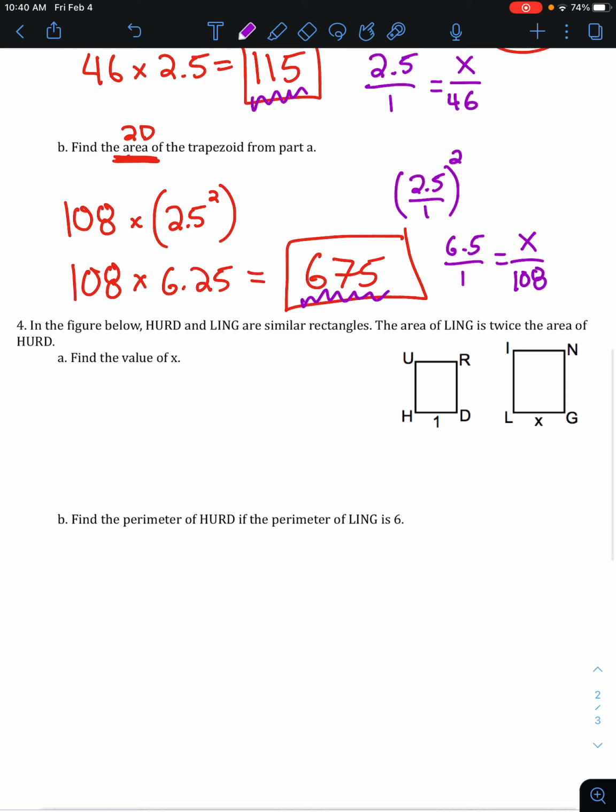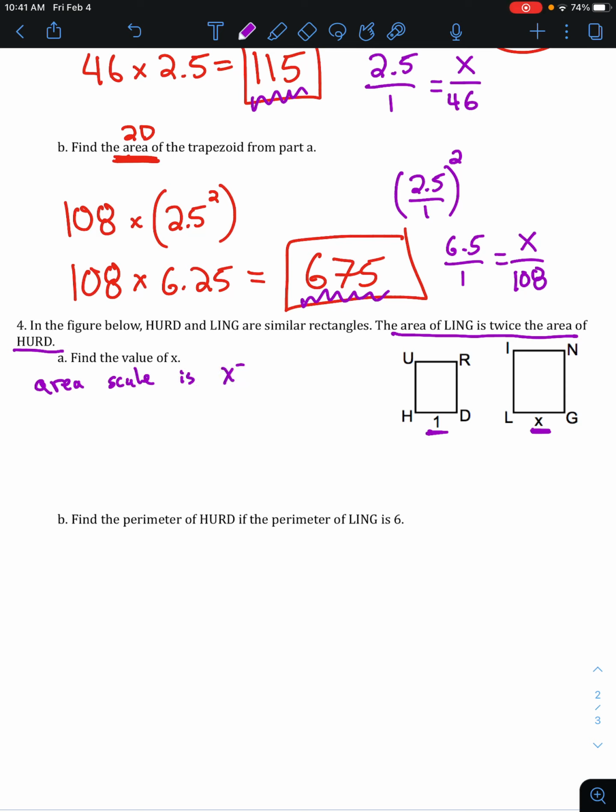it says Herd and Ling are similar rectangles. The area of Ling is twice the area of Herd. So we have a scale of our areas. Find the value of x. And if we look at x, it is corresponding to 1. That is a ratio, or they are corresponding as side lengths, but we know the scale factor of the area. So if the scale factor of the area is, let's see, twice, so our area scale factor